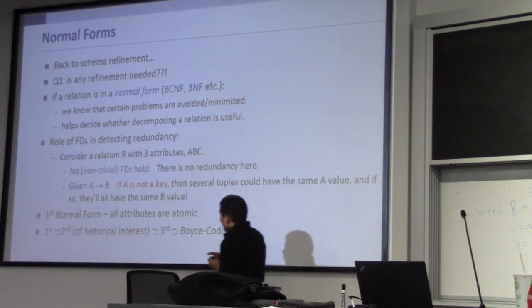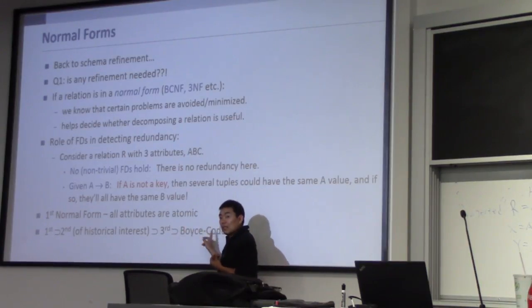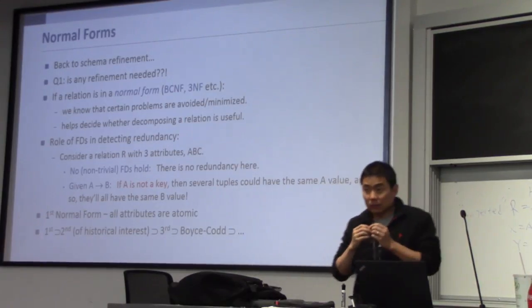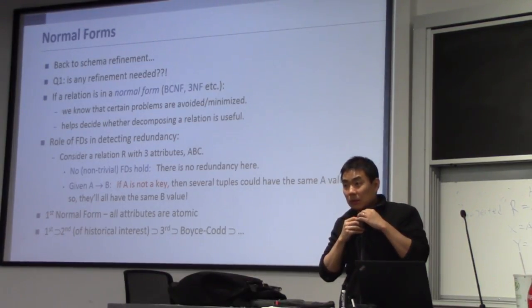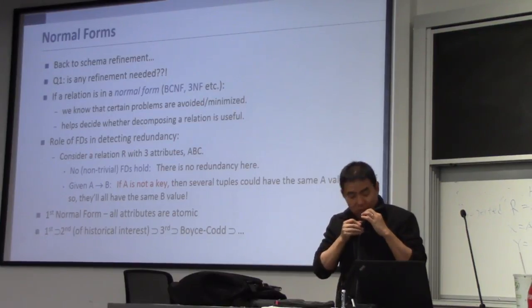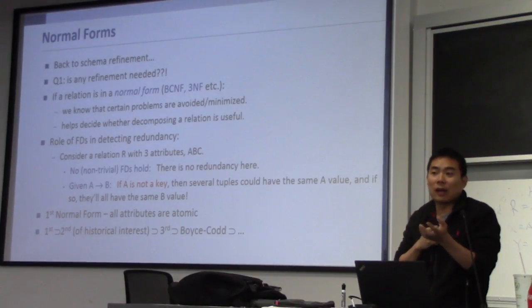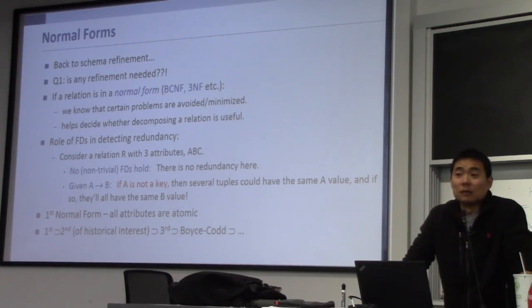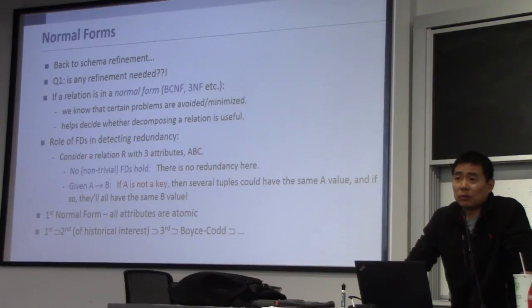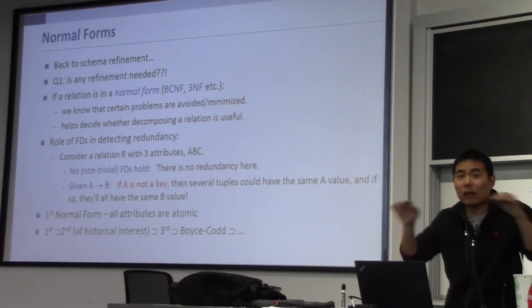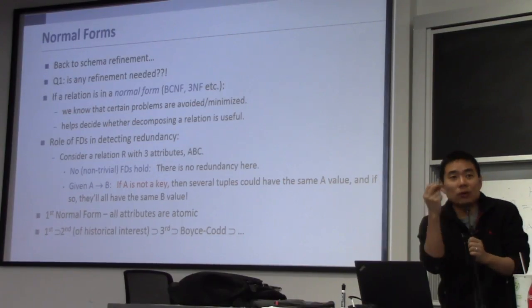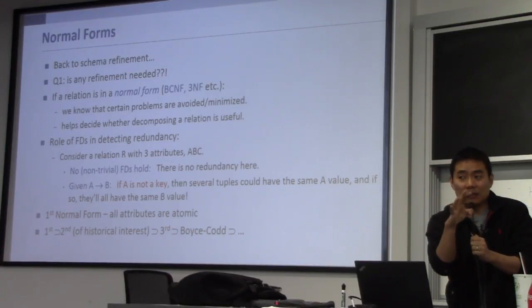That's why people define third normal form, which is a relaxation of BCNF. In other words, it allows some level of redundancy to exist in the database. But this is not that trivial if you think about it, right? Once you do allow redundancy, an interesting challenge arises, which is what type of redundancies you should allow, and what's the degree of redundancy that you may allow. This is a really interesting challenge: you want to allow the minimum level of redundancy such that